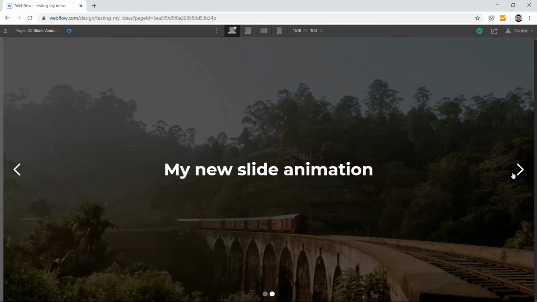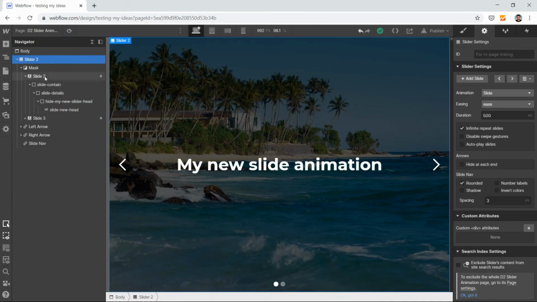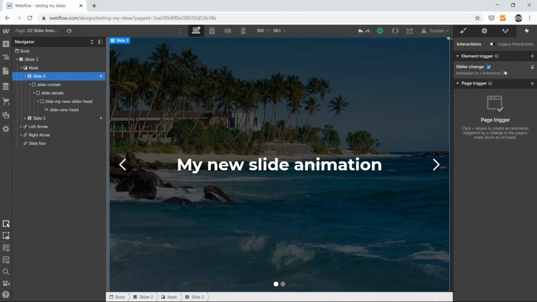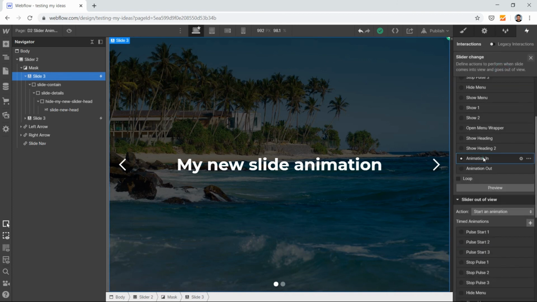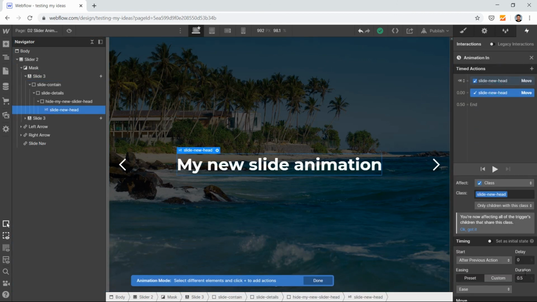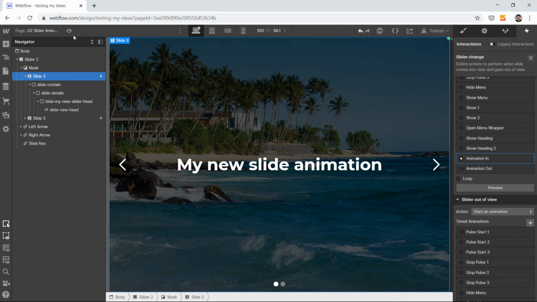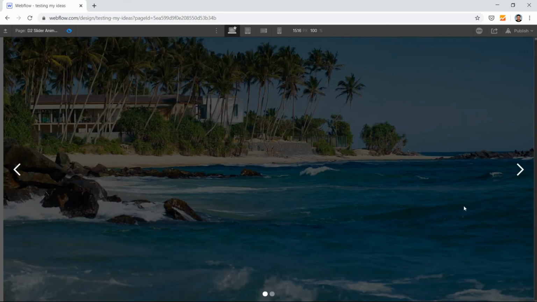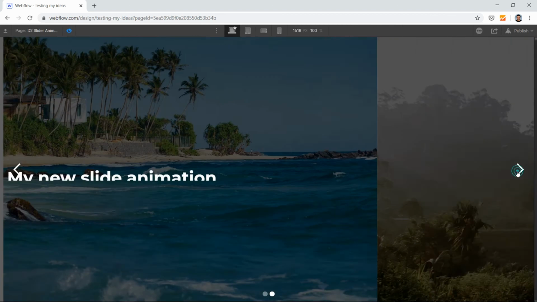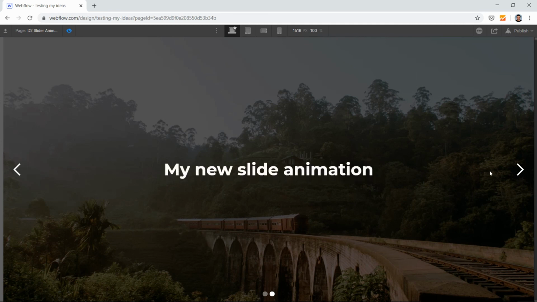If you look carefully, it is coming in. So what I will do, I will come here to my slide in, select this, and make it 1.5. That's what I usually do.